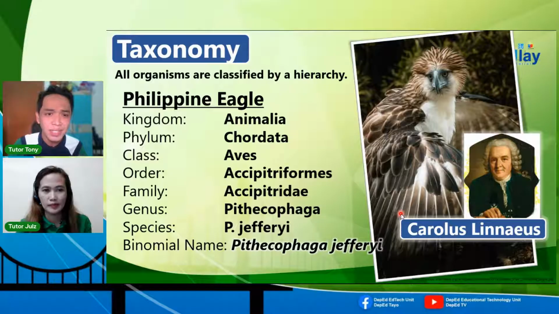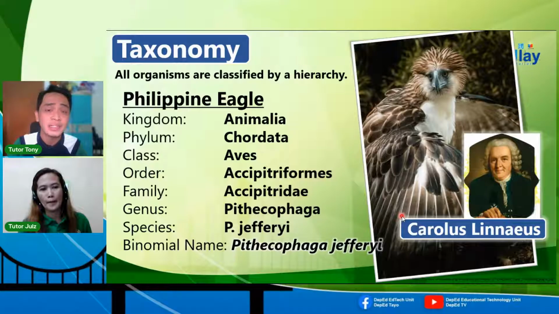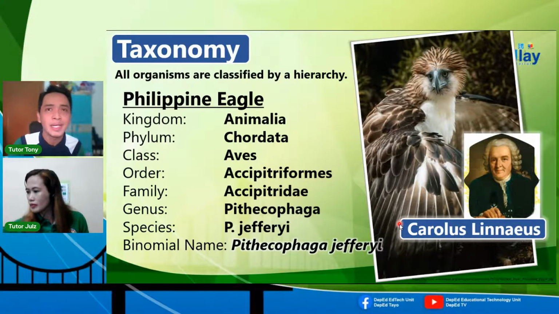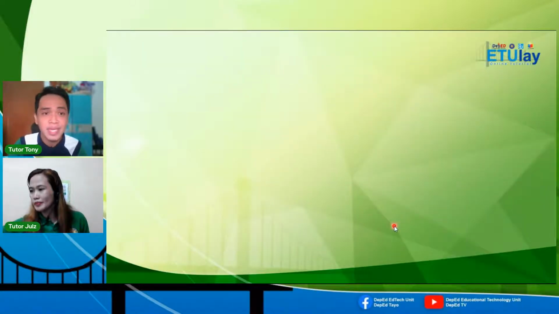So bakit Philippine? Sabi Philippine monkey-eating eagle. Monkey ba talaga yung kinakain? During that time kasi ni John Whitehead, he discovered that the eagle is actually eating the monkey. Pero actually, most of the diet ng Philippine eagle ay mga flying lemur. Ayan. So Philippine monkey, kumbaga, nauso lang siya for a particular time. Pero actually, 3% lang daw ng diet ng eagle na ito ang mga monkeys. It fed on other lower forms of animals.